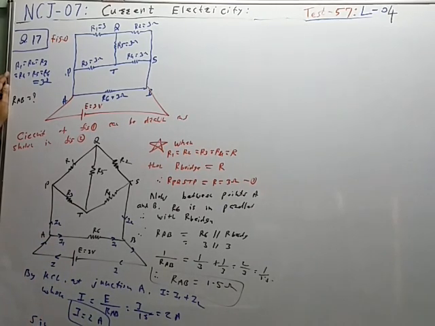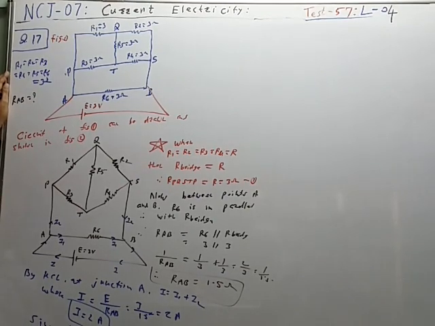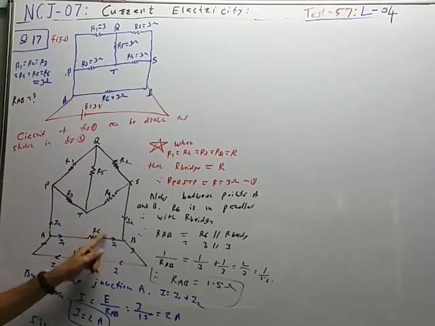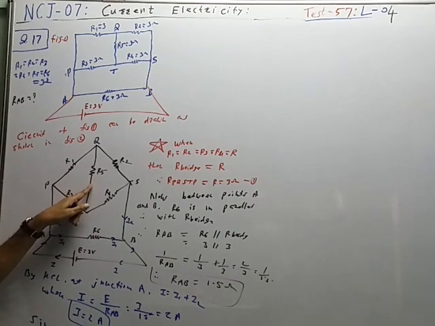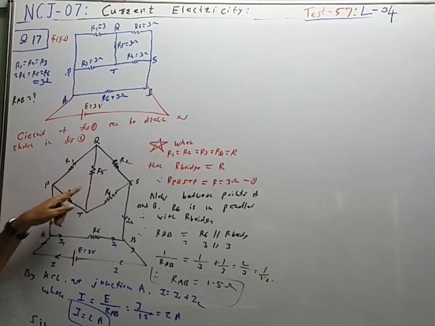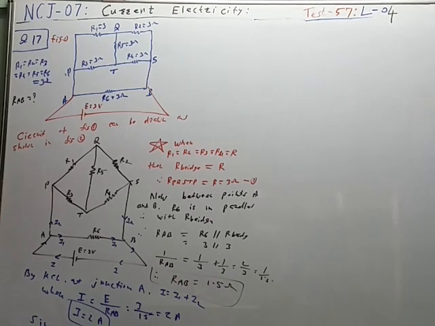Since R bridge is equal to R6 is equal to 3 ohm, म्हणजे हे दोघे रेजिस्टन्सेस सारखे आहेत. This is 3 ohm and this total resistance is also 3 ohm. So 3 ohm, they are in parallel. Current is divided in parallel and potential difference will remain the same. So current is divided equally because the resistances are equal. So since R bridge is equal to R is equal to 3 ohm, therefore I1 is equal to I2.